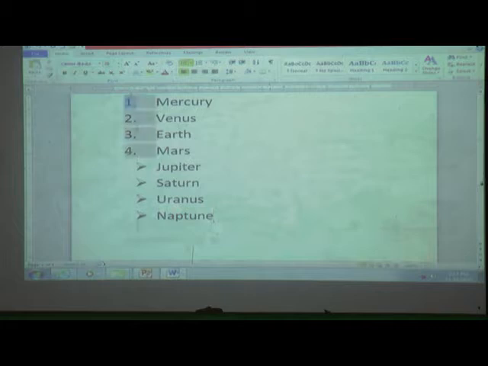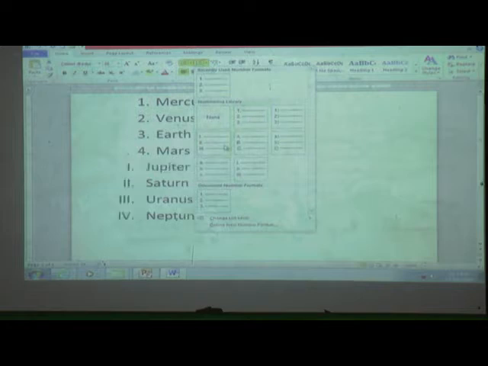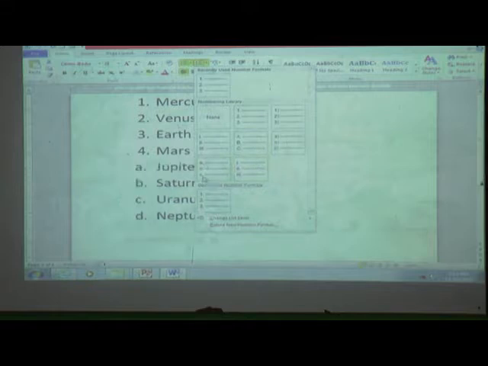These are symbols, and these are numbers, and these are symbols. Sorry, this spelling is wrong. N-E. Got it? These symbols also we can change to numbers. How to do it? Firstly select it and choose the number whichever you want. Got it everyone?